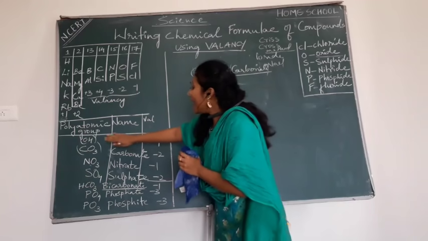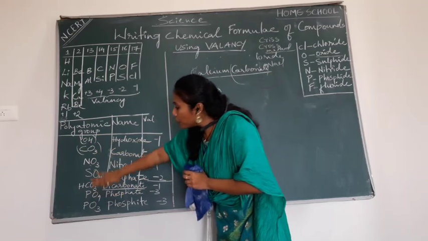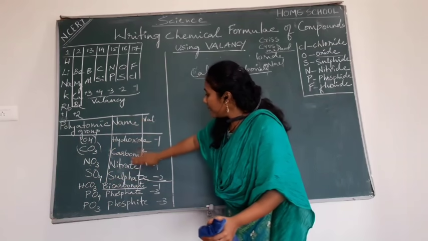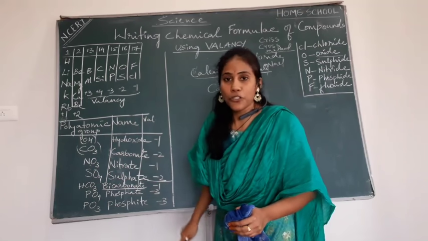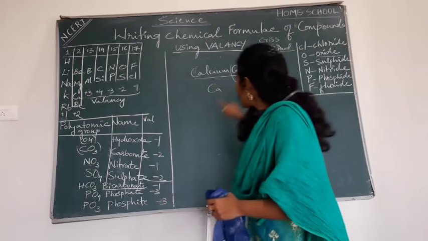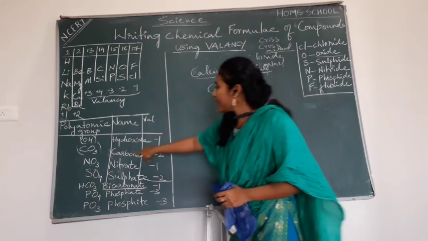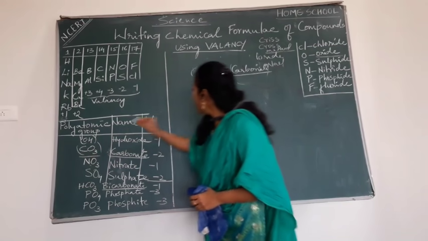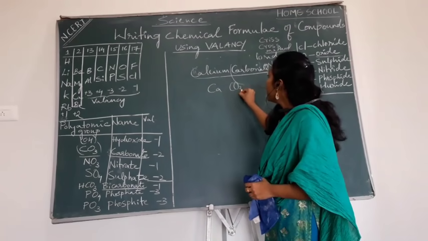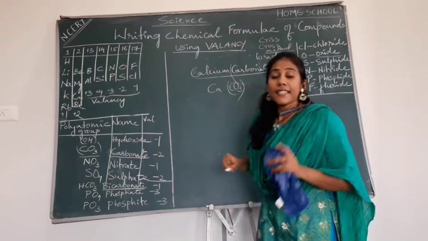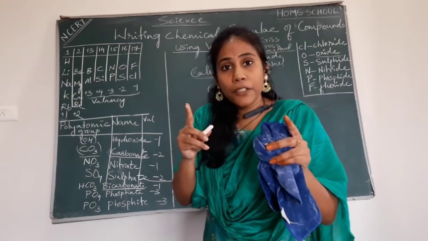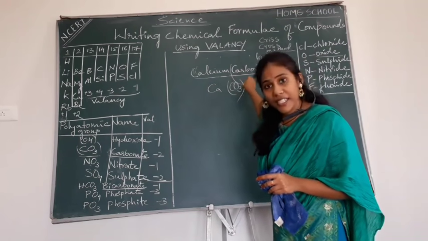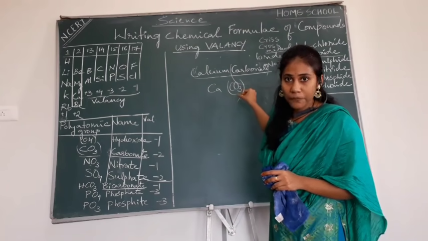Okay, so I mentioned the polyatomic groups, whichever is necessary for your syllabus. Their names I gave you and their valencies also I gave you. Clear everybody? So now carbonate. What is a carbonate? See, here is a carbonate. And what is its symbol? CO3. Carbonate's symbol is CO3. That polyatomic group, if you are getting confused, you put it in a bracket. You mention it in a bracket. Clear everyone?